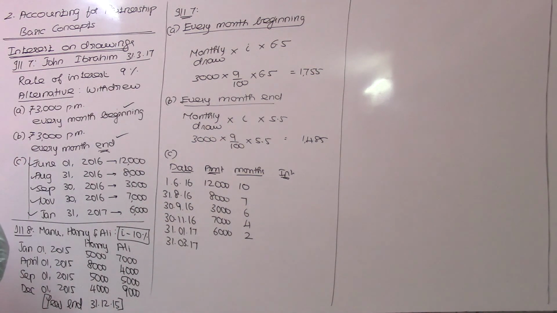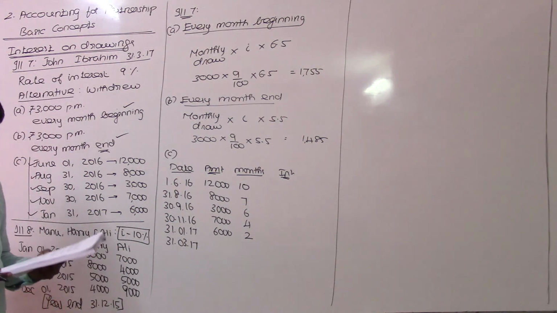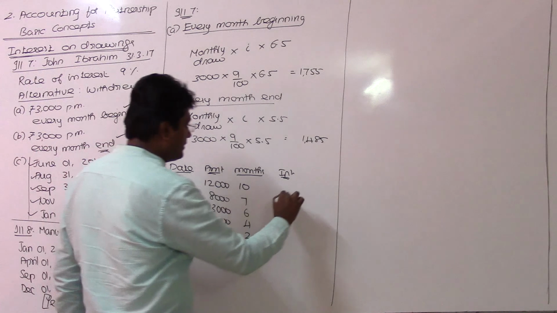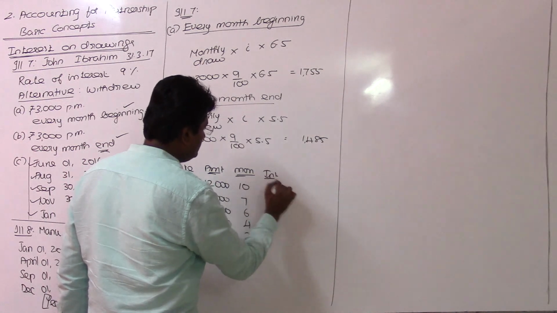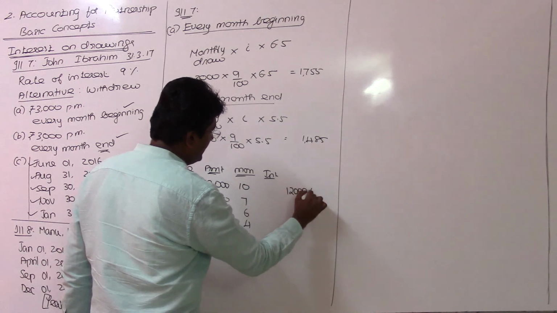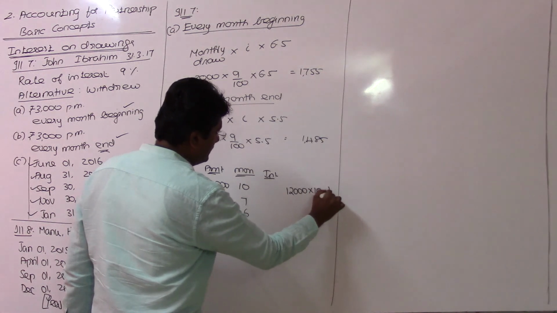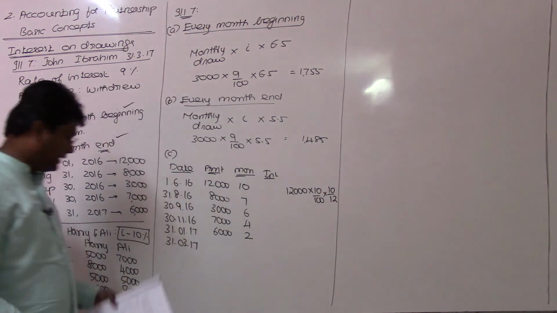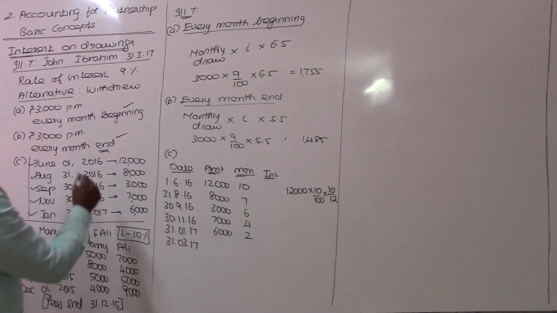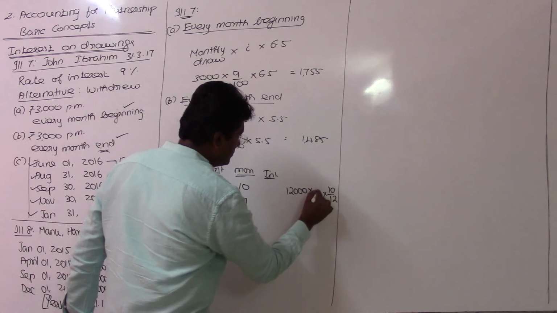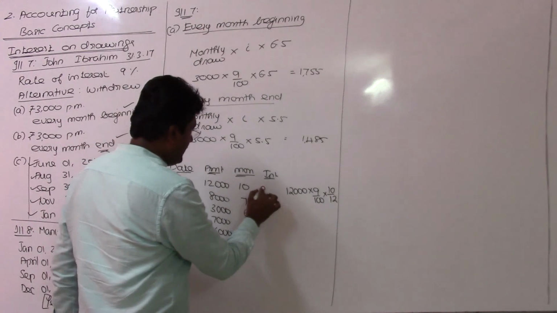And for the first case, 12,000 rupees multiplied with the 9% rate of interest for 10 months. Okay, so here months and interest and then calculation. 12,000 rupees multiplied with rate of interest, for how many months? 10 months, into 10 by 12. That's how we can get the answer. The rate of interest being 9%, sorry, it's not 10%, it's 9%. 12,000 into 9% into 10 by 12, the answer is 900.